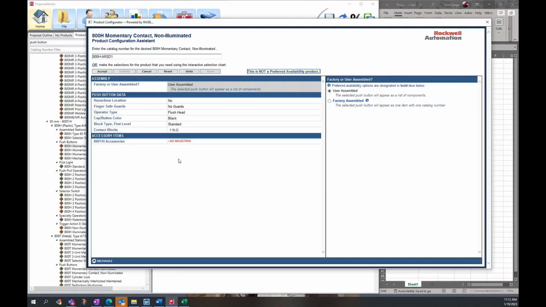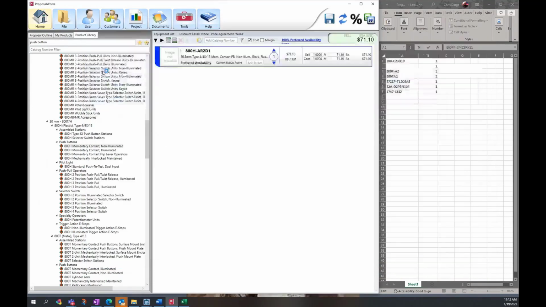But if I were to go and do user assembled, which is the same for the 22 millimeter contact push button kit, user assembled is the same as making it a separate list of parts. They don't have a breakdown, a user assembled button to click on. You'd have to go and change that to composite or individually. But anyways, here I'm going to go user assembled and accept